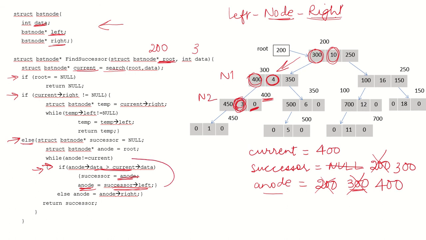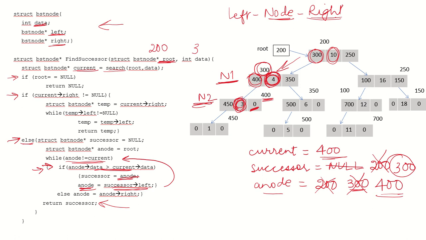Now we go back again over here. We check, is anode equal to current? Yes, now anode is equal to current. So we are out and we return the successor, which is 300. That means 300 is the node which is going to be the in order successor of this node N2, and the data at this node N1, the successor node N1, which is 4, this will be the in order traversal successor of this data at node N2.